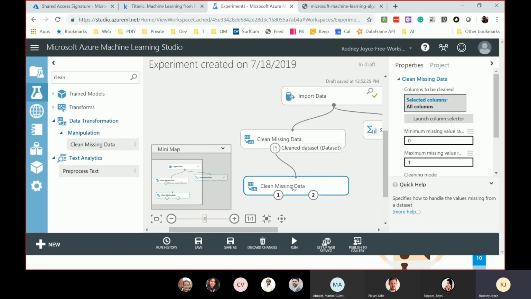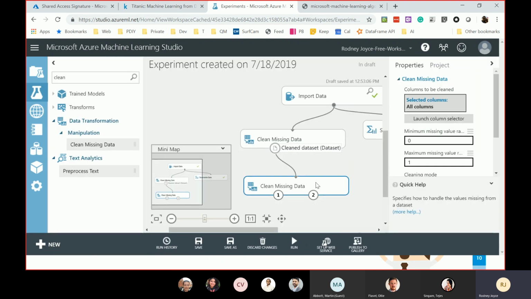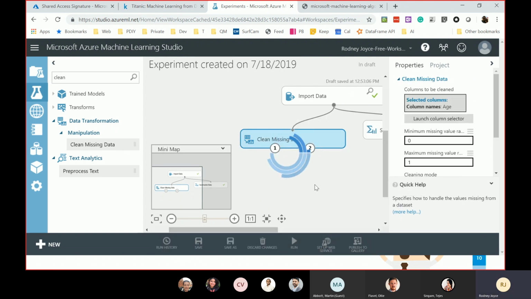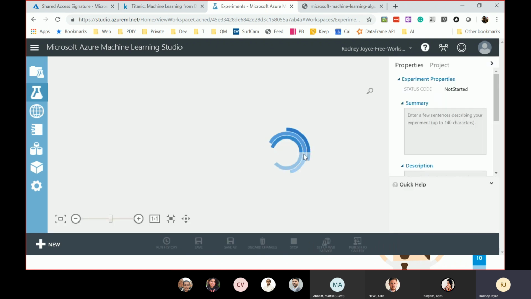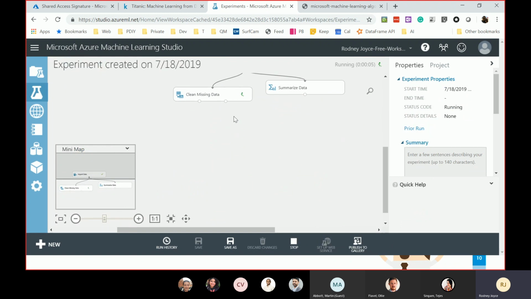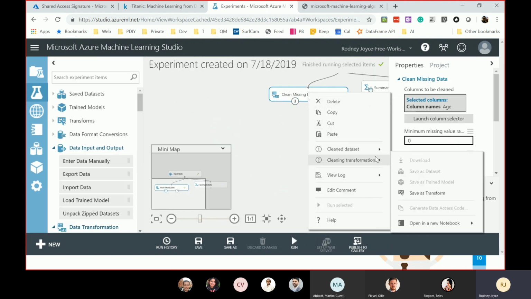Now we're going to say let's also, what was the other one? It was cabin. So you can't select the columns until it's run the previous module. So run selected. Okay, so we'll have a look at the